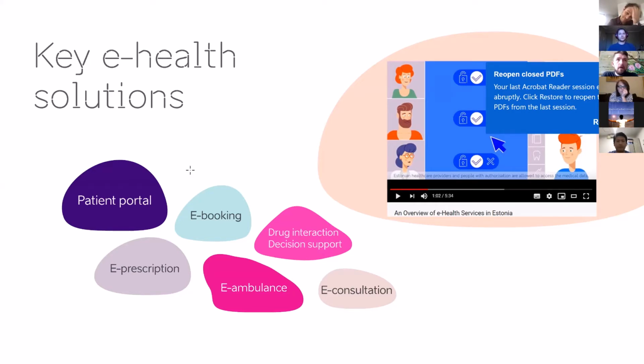E-consultations are a way for family doctors to communicate with specialist doctors if they are having a complicated case, which is useful for avoiding, for example, situations where a family doctor refers you to a specialist, you wait in line for 3 or 4 months, only to discover that the specialist will say, well, this is easy, this is not something you have to come to me with. So to avoid this, we allow this e-consultation to happen in between, where the specialist can first assess if this patient even needs to come to me, or if they're actually able to consult virtually and can be handled at